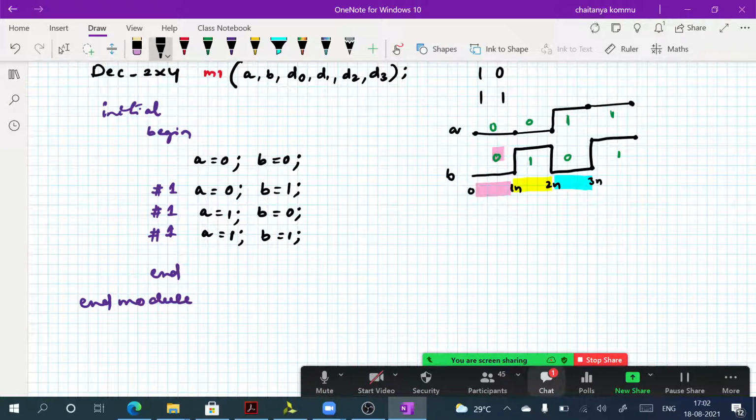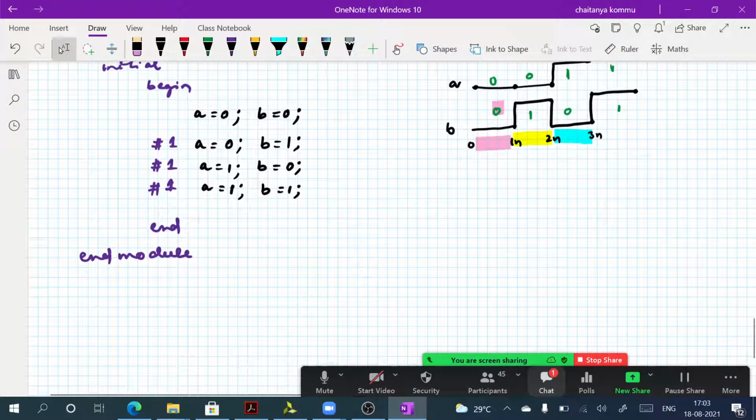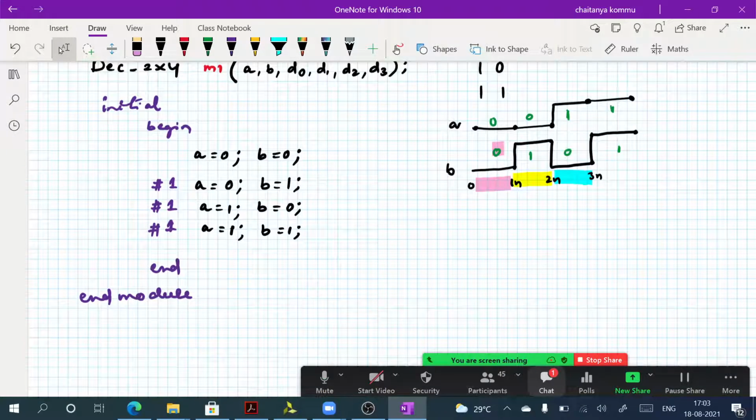That's it. I want to stop my simulation after 4 nanoseconds is completed, and for example, here at 5 nanoseconds I want to close. So another 2 nanoseconds. What is the time step at this time? 1, 2, 3, 4, 5. At 5 nanoseconds, I want to stop my simulation.